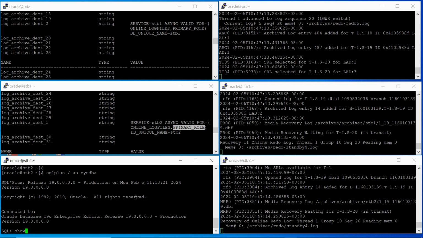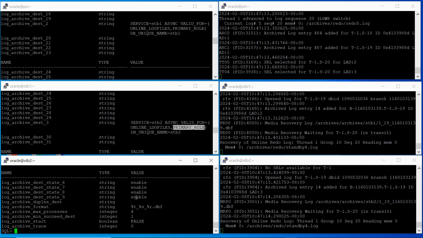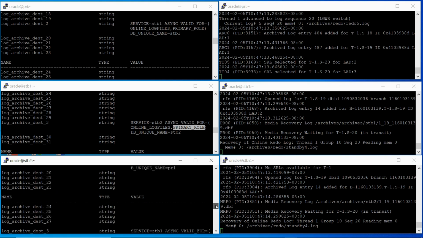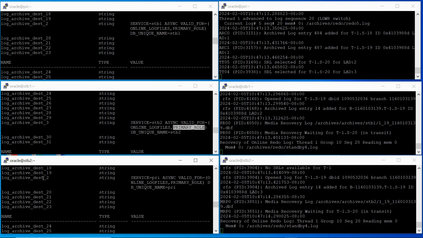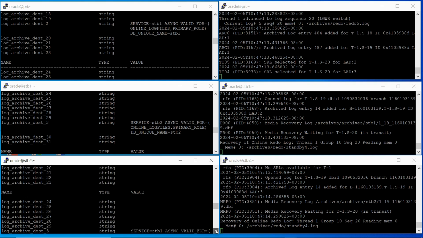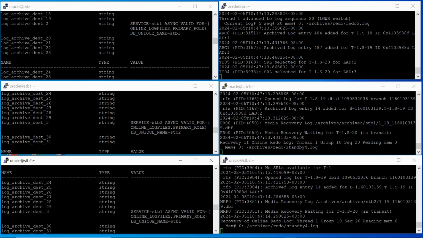Select from v$parameter, show parameter arc. You can see the same configuration is also defined there. The primary role, if this side will be the primary, then it will send the archive to this service. And now destination 3, you can see if this side is in the primary role, then it will send the archive files